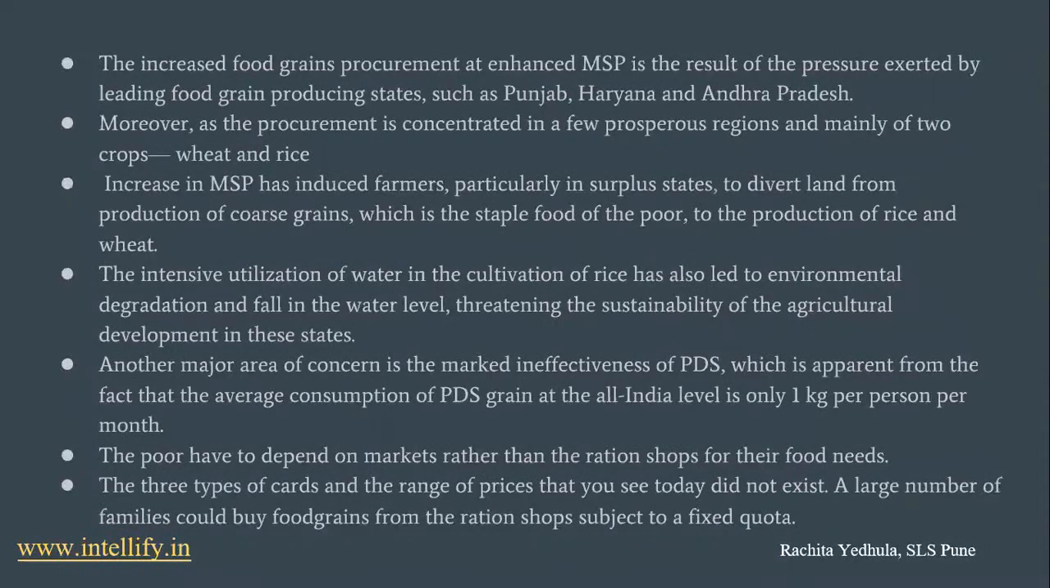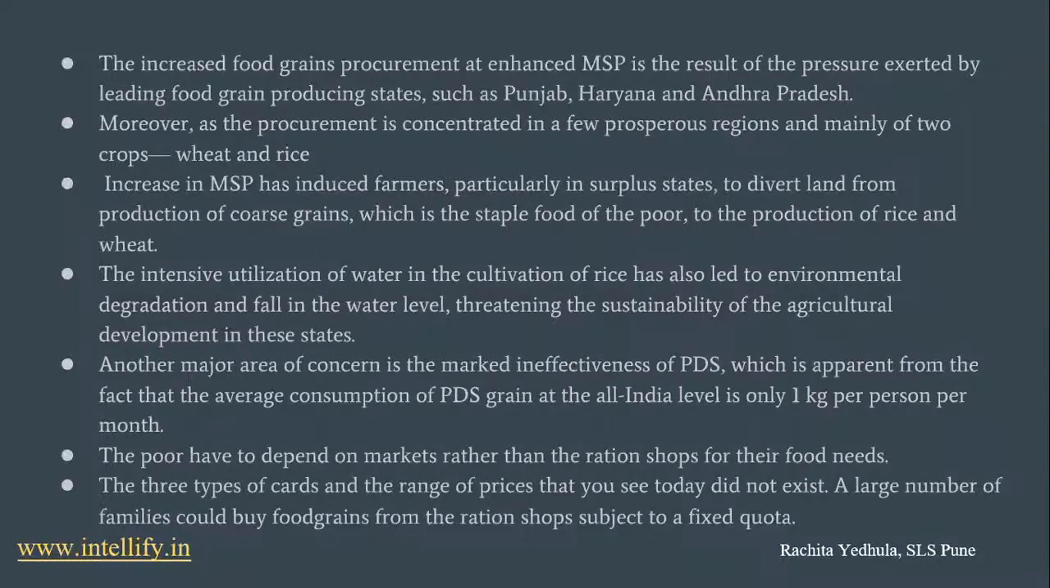Moreover, as the procurement is concentrated in few prosperous regions and mainly two crops, wheat and rice, increasing the MSP has induced farmers, particularly in surplus states, to divert land from production of coarse grains, which is the staple food of the poor, to producing of rice and wheat. Meaning that because the MSP, that is the minimum support price that was given to these farmers for these grains, was increased, farmers started moving from producing other grains and other crops such as coarse grains to producing wheat and rice just to procure this minimum support price, and they can increase